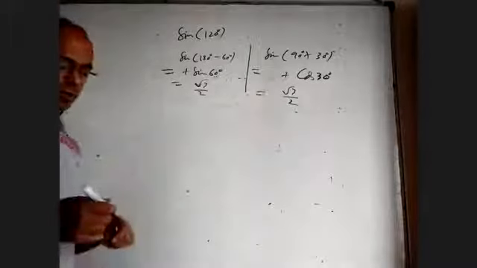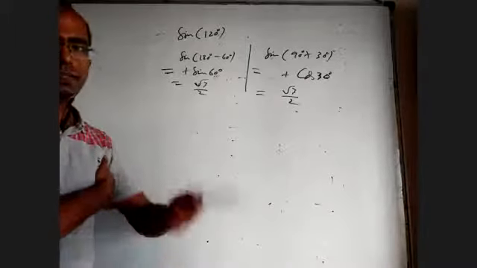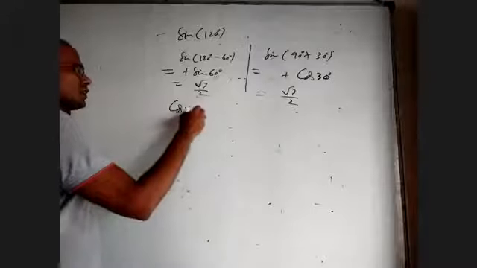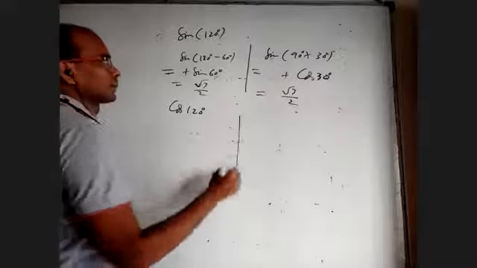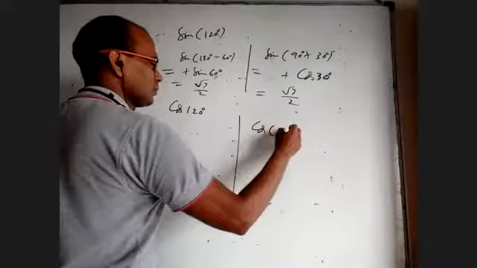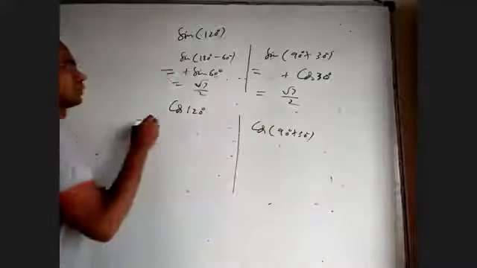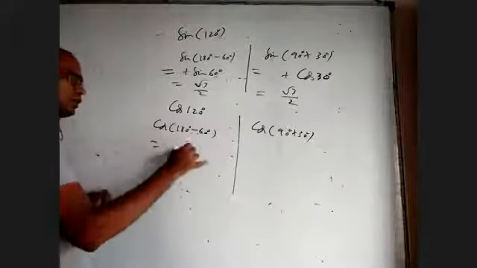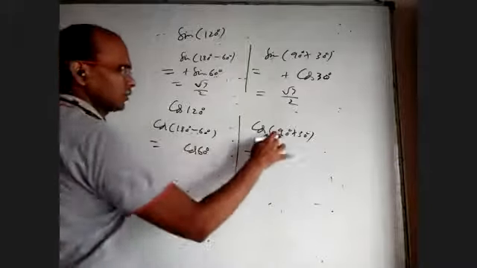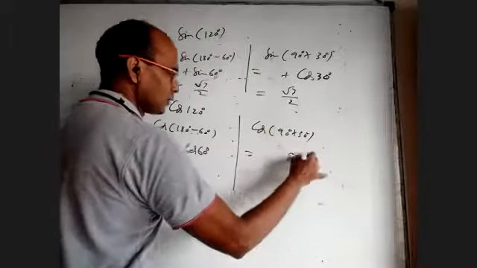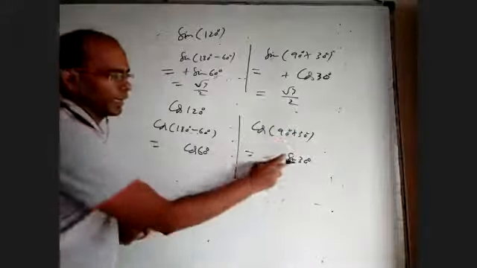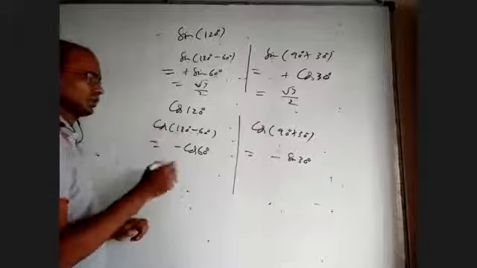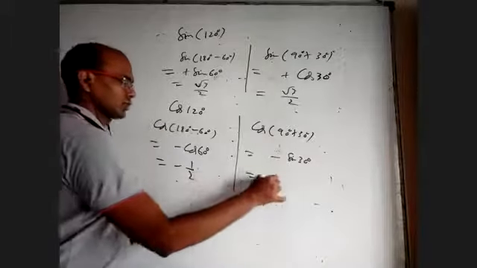By using these formulas, till now we know only some angles from 0 to 90 degrees. We are able to find others. That is, I want to find cos 120 degrees. I can write cos of 90 plus 30 or cos of 180 minus 60. Here you'll get cos 60, plus or minus, we'll see later. Here, for the odd multiple, it will become sin 30. The sign is negative, because we are interested in cos, which is negative in the second quadrant. So minus 1 by 2.